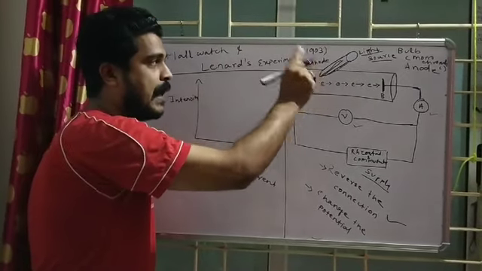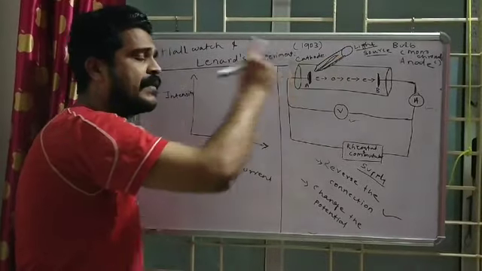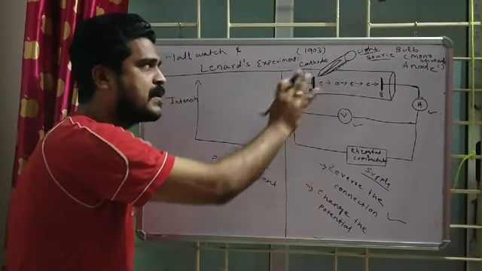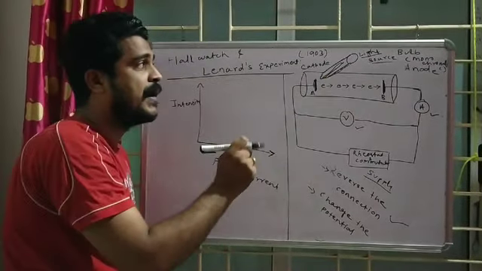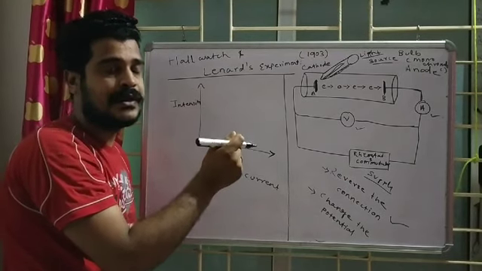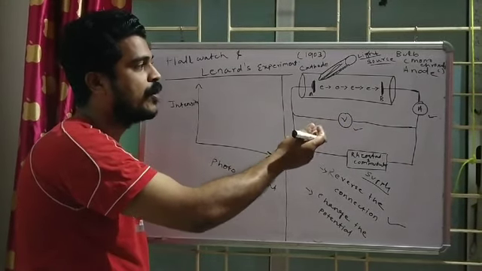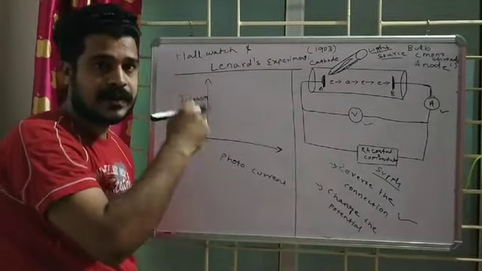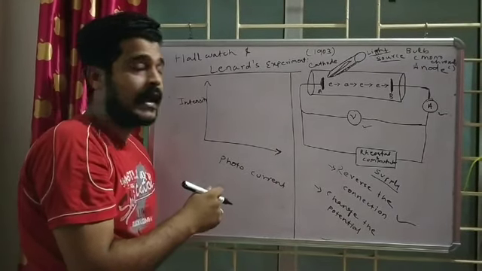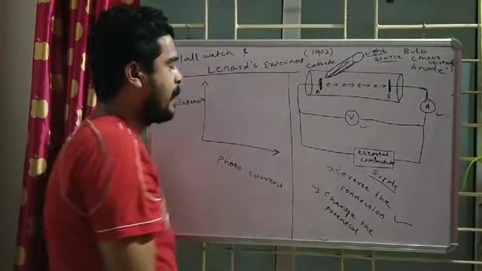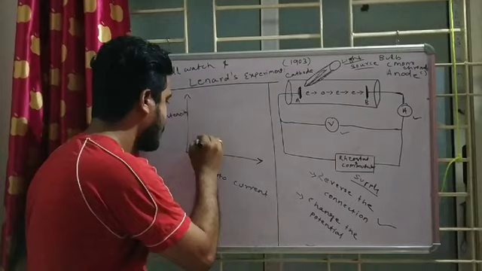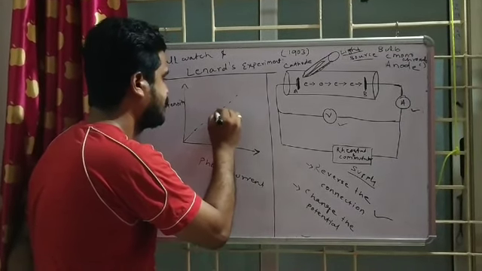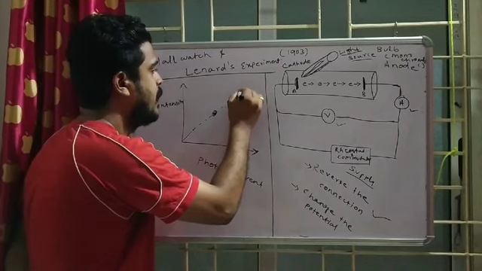At the moment I start incident light, at that moment a current will get set up. It is a very spontaneous process. The light is started, the current will be there, with conditions applied. If the light does not have sufficient energy, then no current will be there. So for that I have to take light with sufficient energy, which should be greater than the work function, as I discussed in the earlier class. So this will be the relation.